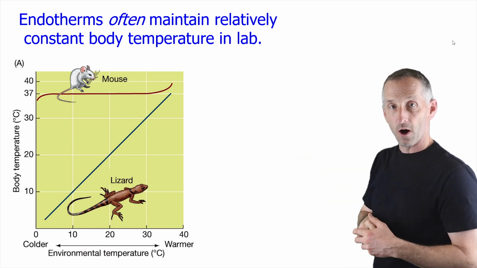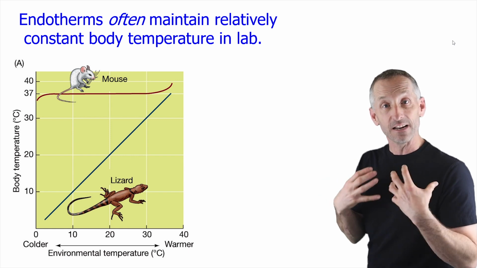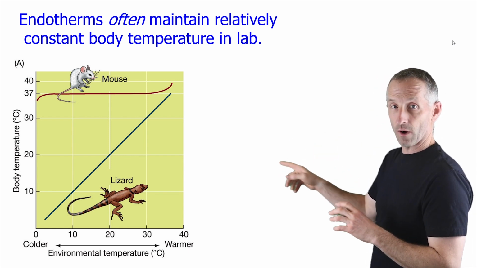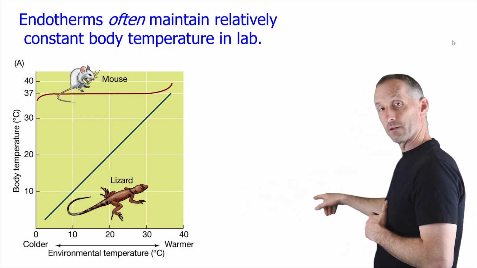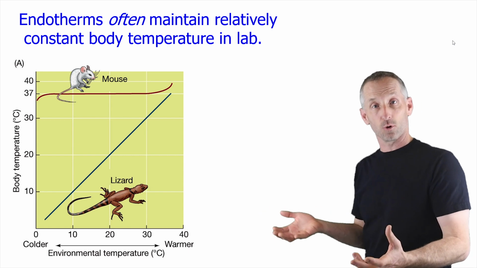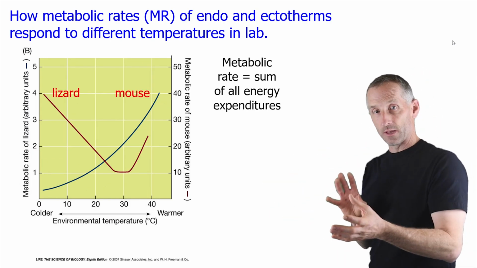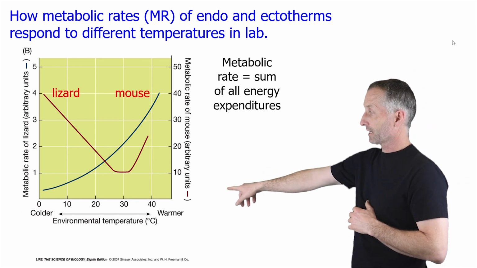The lizard on the bottom is an ectotherm, that is, it's going to get almost all of its energy or all its heat from outside, but it's also a heterotherm. That is, its temperature varies quite closely with the temperature of the laboratory that they're being tested in. And of course, these are matching the metabolic rates. So the mouse, as the temperature gets warmer,